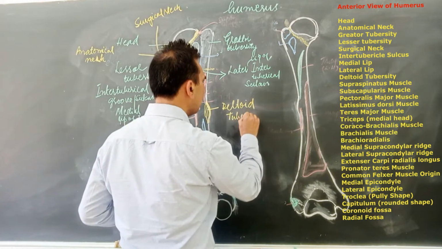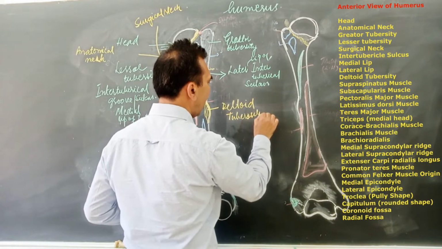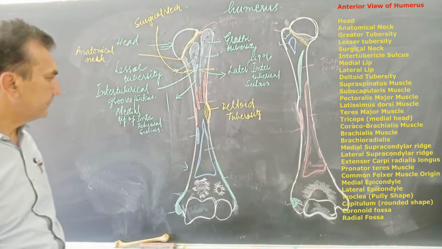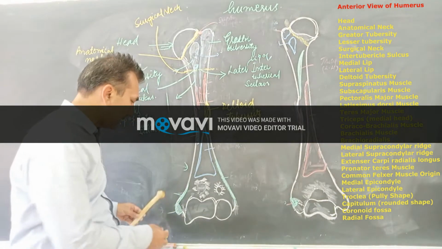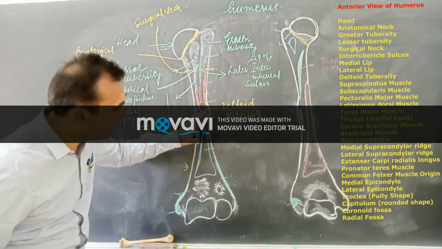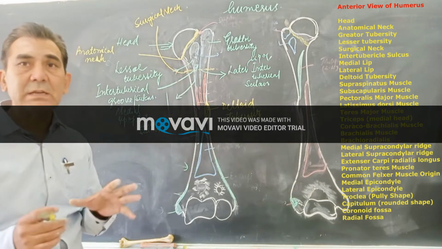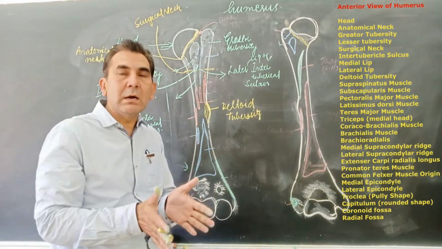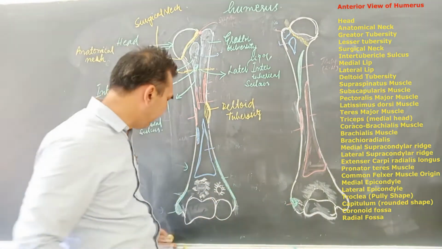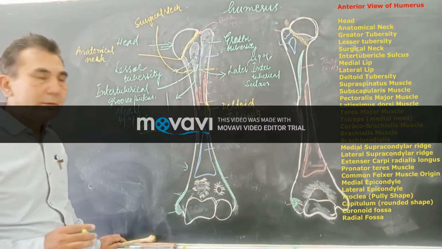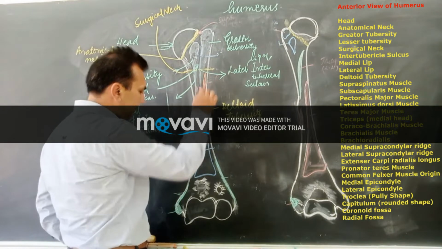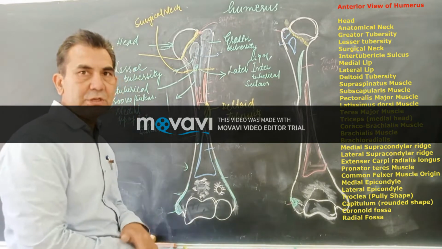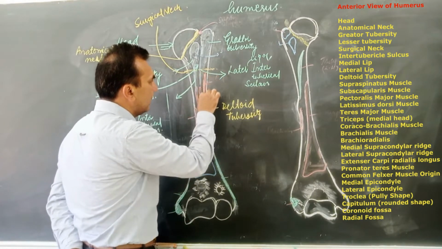The deltoid tuberosity is present on the lateral side of the surface of the shaft. If you go to the lower side, the upper portion is cylindrical and rounded, and triangular in shape, and the lower portion becomes a little bit flattened in shape. Just above the deltoid tuberosity on the lateral surface